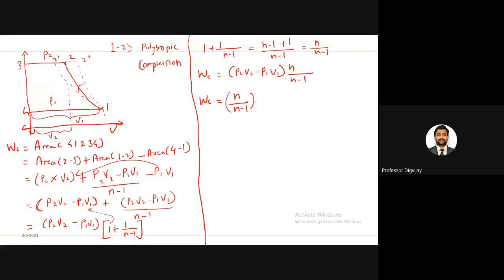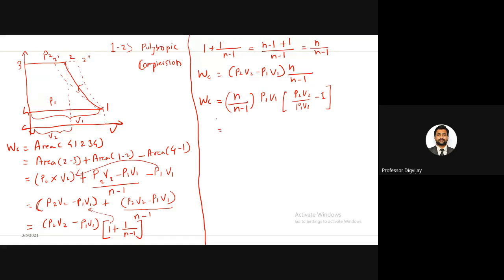So this time your exam will be online, so no need to again practice these derivations. In case it happens in offline mode, that time you have to just practice it. So we'll focus more on the formulas and the numericals, right? But like I said previously, if you know the derivation, then you can easily calculate the numericals. So n upon n minus 1 into P1 V1 into, in bracket, P2 V2 divided by P1 V1 minus 1. This way I have just rearranged some terms.